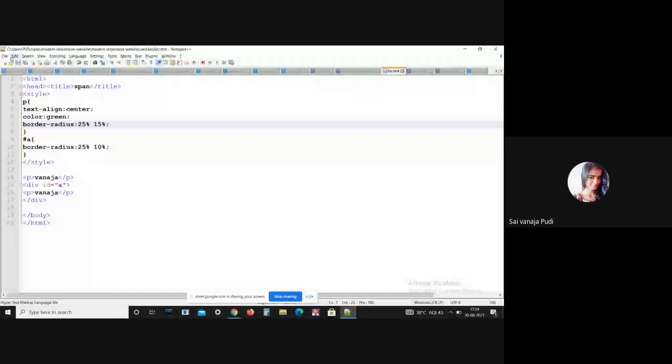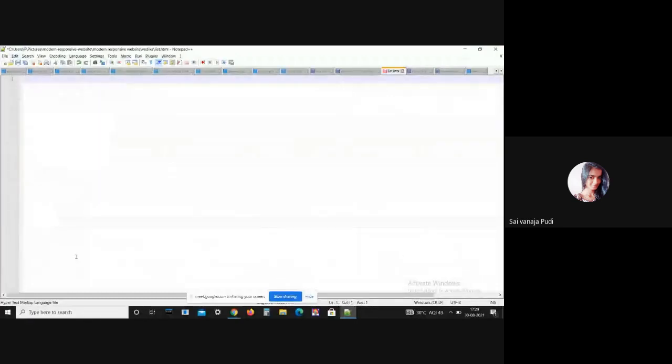Let me delete all this stuff. Today I'm going to teach you guys about CSS display, and CSS font properties, that is font size, font family, font weight, and followed by CSS colors, and CSS hover effect, and followed by I will explain the CSS important property, CSS background color, background attachment.